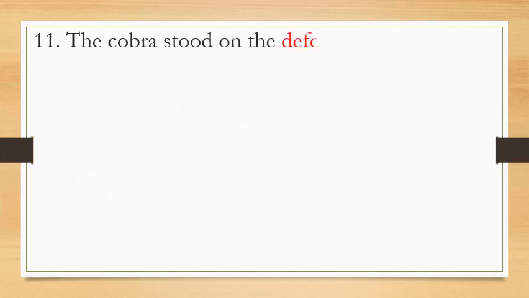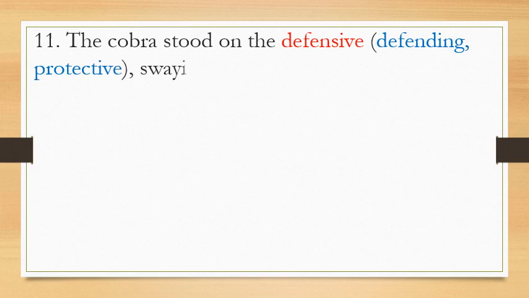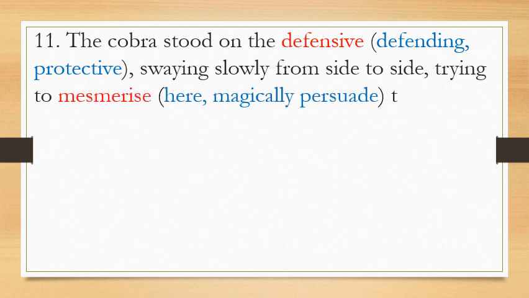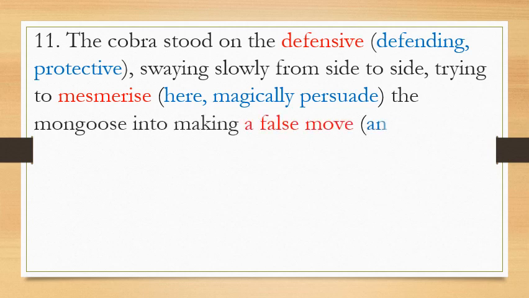Now let us move to next paragraph. The cobra stood on the defensive. Defensive means defending or protective. Swaying. Swaying means moving slowly from side to side. Trying to mesmerize. Mesmerize here means magically persuade or hypnotize. The mongoose into making a false move. A false move means an unwise action. Means the cobra was trying to hypnotize the mongoose with his movements,